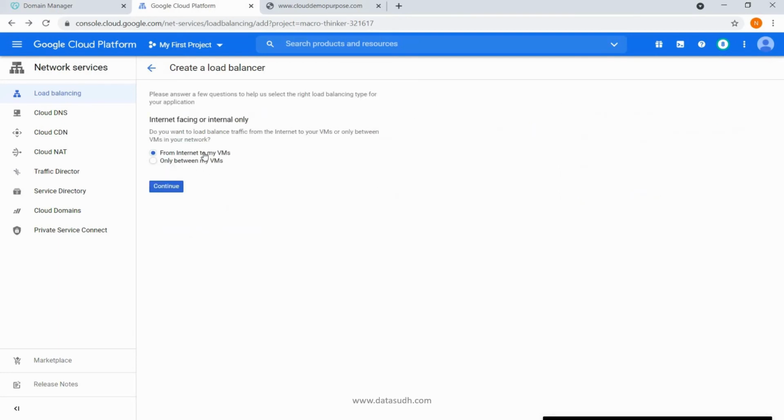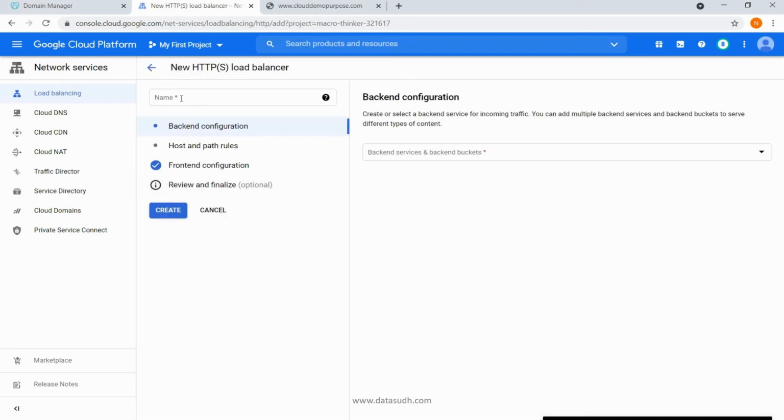In this I am going to select the first option because for my site the traffic is going to come from internet. So click on continue. Enter a name. So name can be my website HTTPS load balancer.